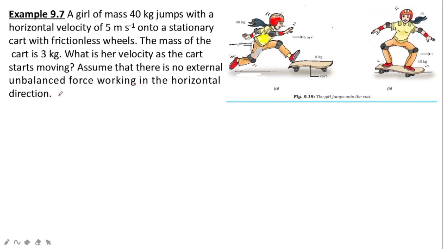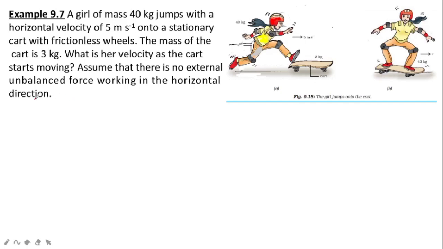So again, this problem is also related to conservation of momentum. So now we will use the same formula again, that is before and after. So according to our problem, we will use the statements, right? In the previous problem, we took it as before firing, after firing, and whenever we derived that equation, we said before collision and after collision. So now since here the girl is jumping onto this cart, we can say it as before jump and after jump. Can we take? Yeah, we can take it as our need.